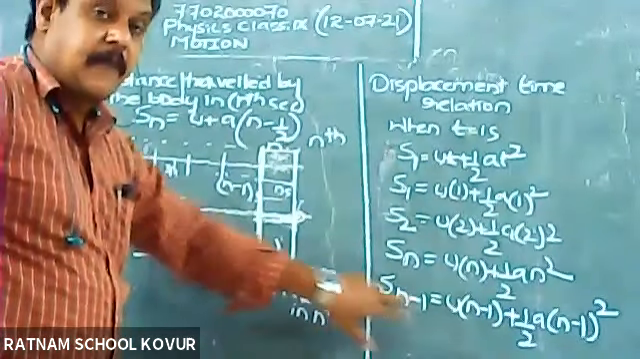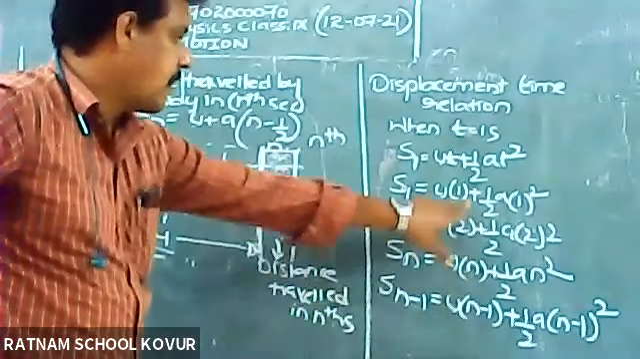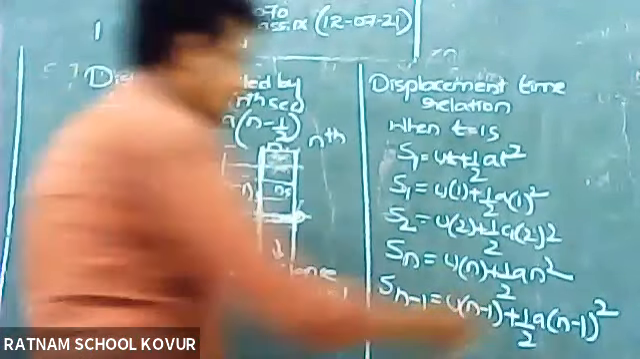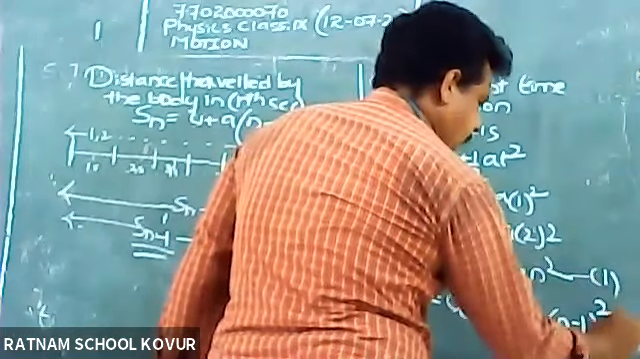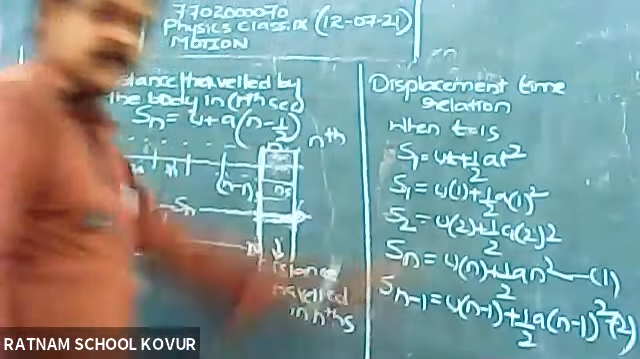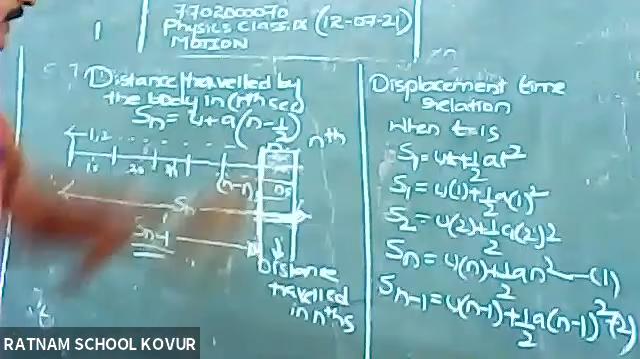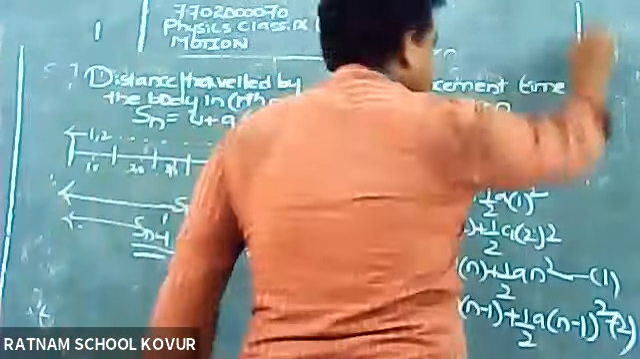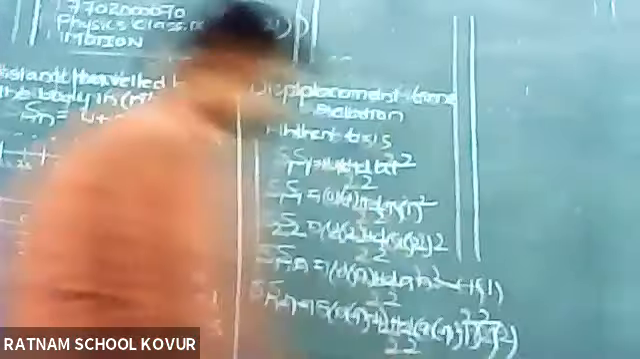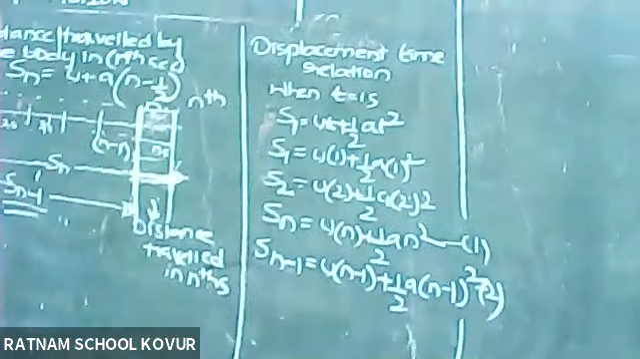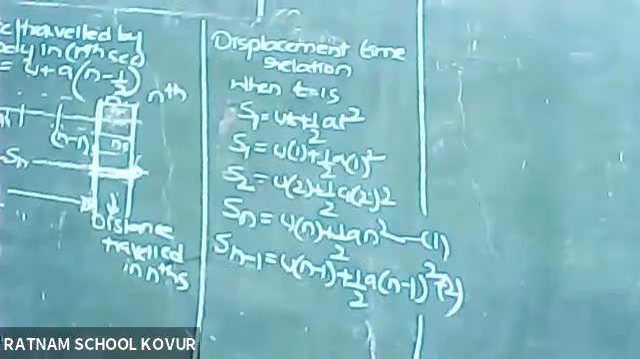Distance travelled for n minus 1 seconds. Instead of t, you replace n minus 1. So these two equations, 1 and 2, are very important now. From these equations 1 and 2, we are going to calculate the distance travelled in the nth second. Now see here. Now displacement travelled in nth second is